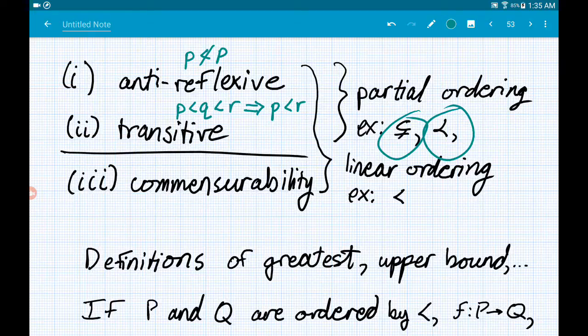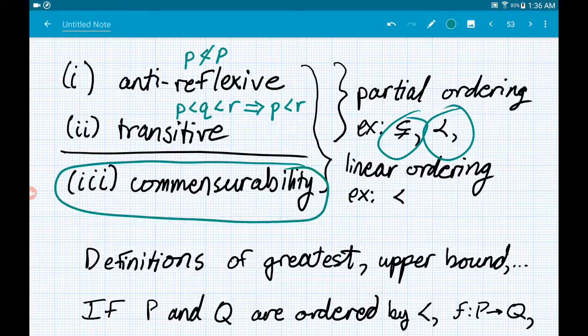So in preference theory, I think it's called, we sometimes define this preference ordering, which does have to satisfy anti-reflexivity, that you never prefer a thing to itself, and it is transitive for obvious reasons, I think. So these are just some examples of partial ordering,